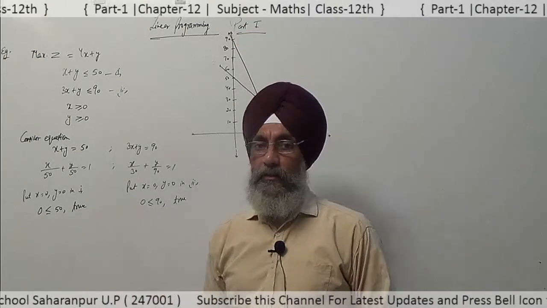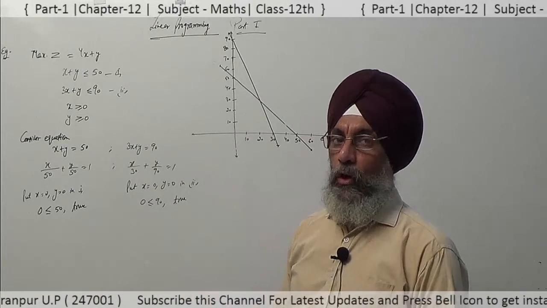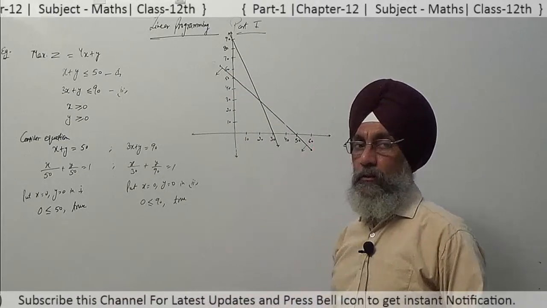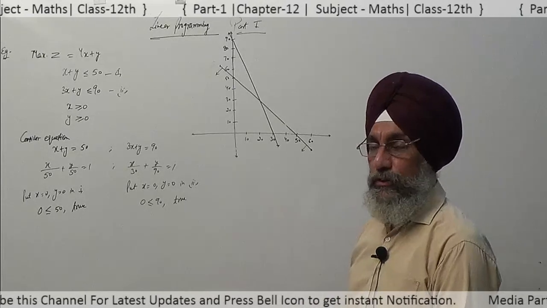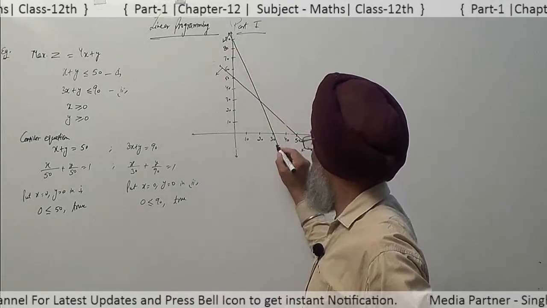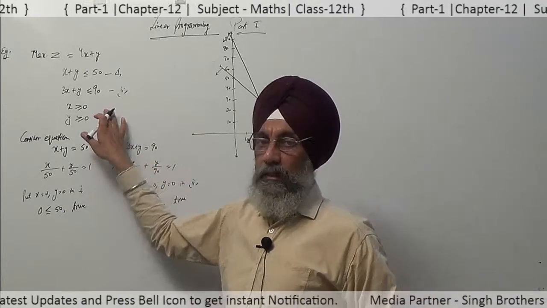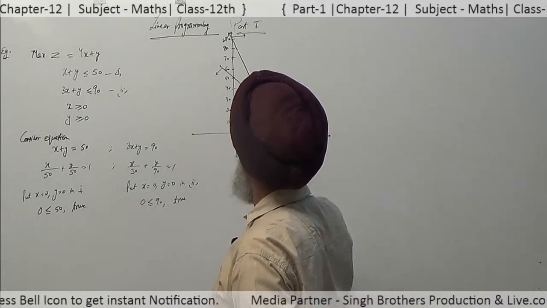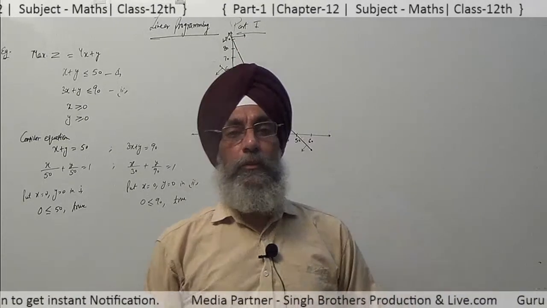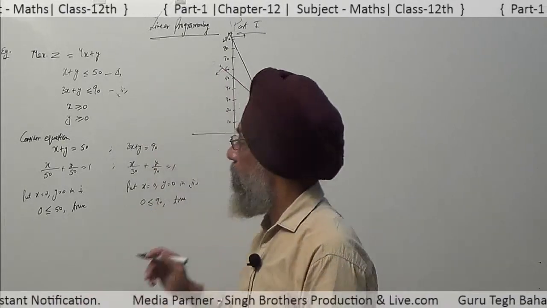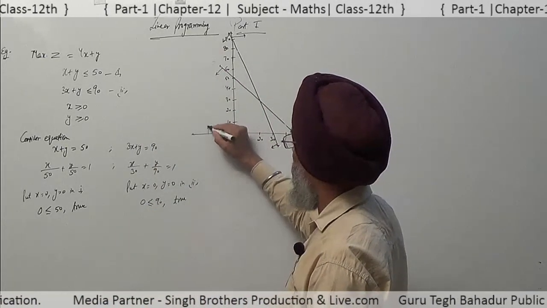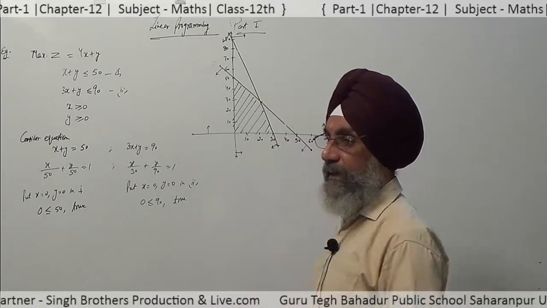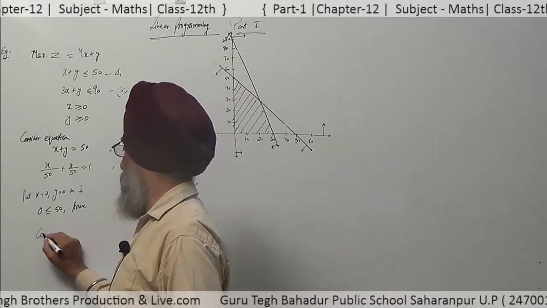Now, if we take the origin test, both inequations are true. The origin test means the origin lies within these lines. So, shading towards the origin, I am only showing the direction of the shaded region, and for this line also towards the origin. Another is x greater than or equal to 0, which means x is positive. y is also greater than or equal to 0, so it lies above the x-axis. Seeing all this, we get this common shaded portion. We have to indicate these points. This is the common shaded region.